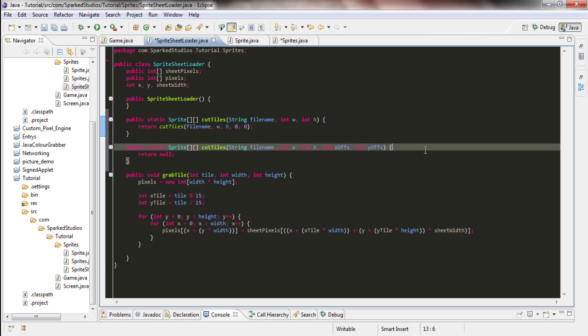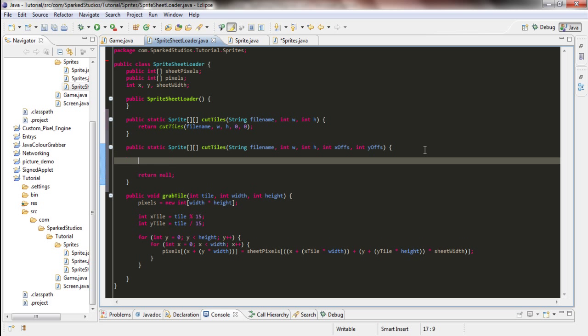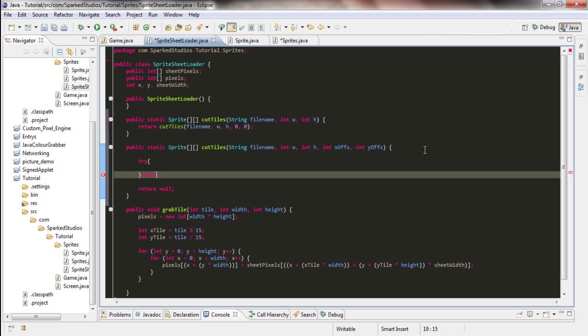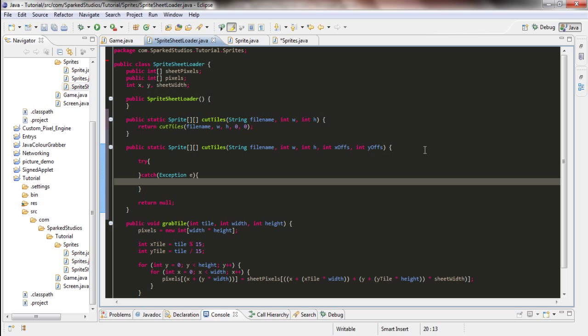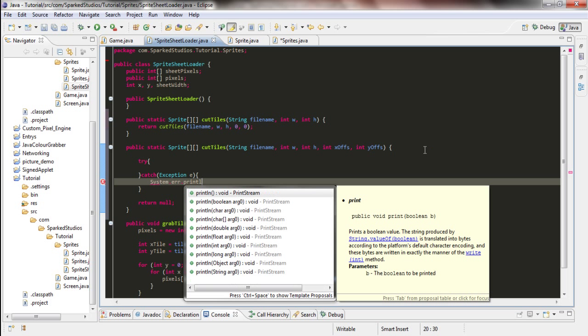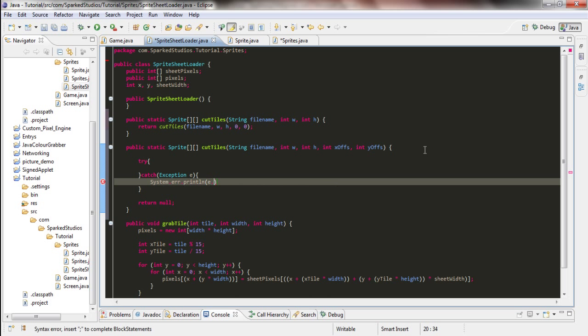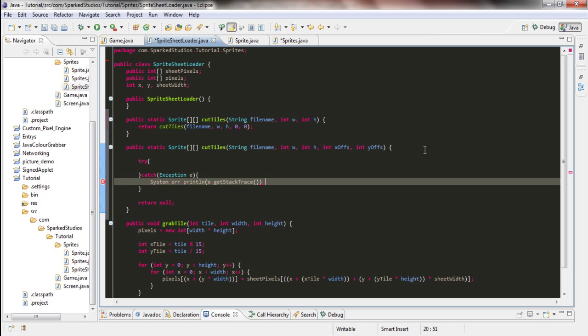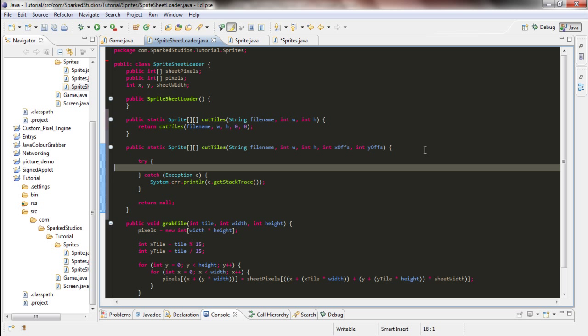Okay. In here, we'll create the actual method now. So try, catch exception e, System.err.println e.printStackTrace, and that'll just help us for debugging if it goes wrong. So now we're going to create a BufferedImage equals